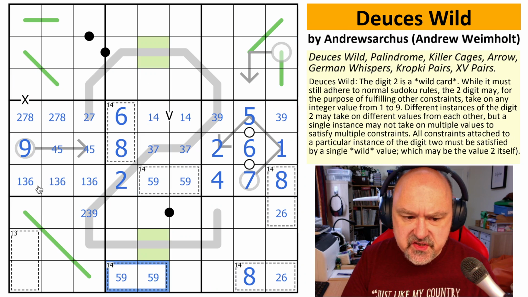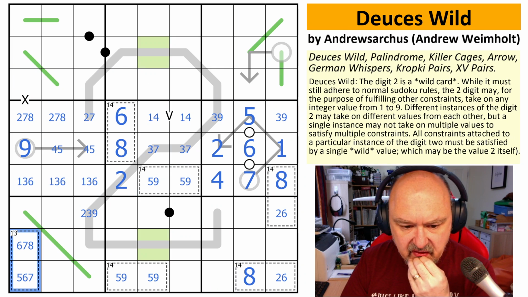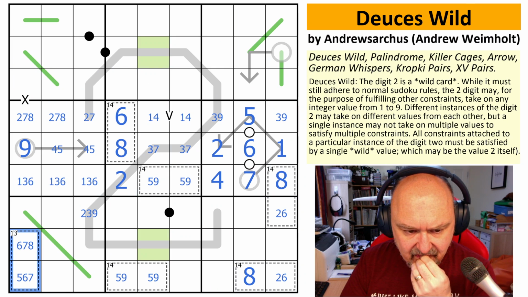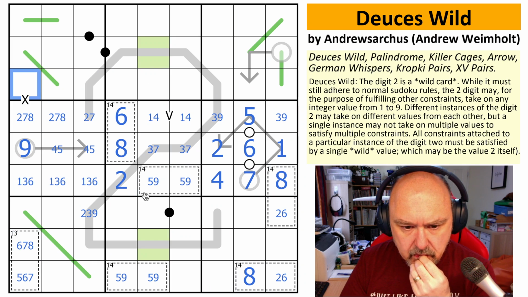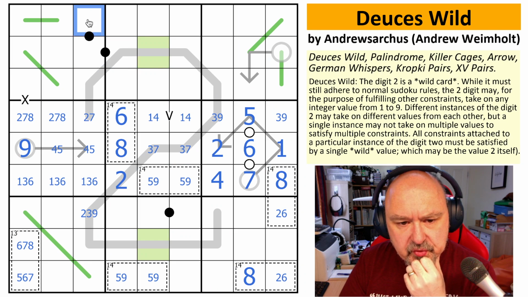I'm not sure, but I did just notice this. 2 9s looking at this. So this can't be 9, 4. It could be 8, 5. It could be 7, 6. So they're the only options for in there. That's not restricted at all. That's a 5, 9 pair. This feels unrestricted because once I put 2 on it,